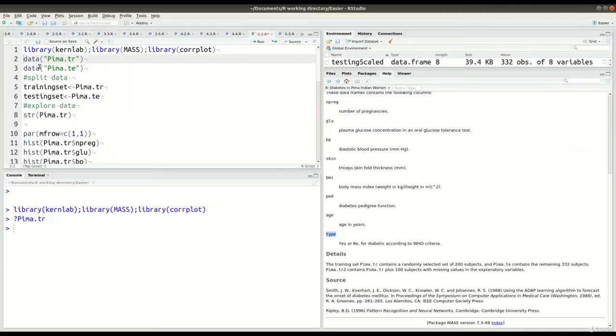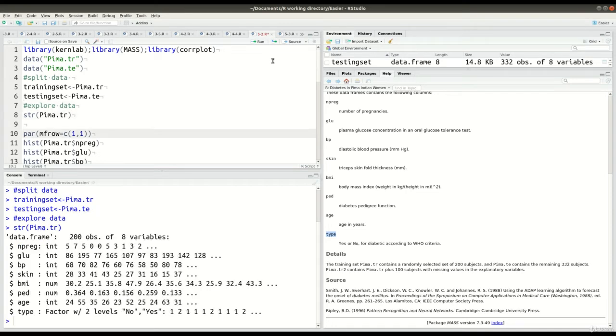All right, so that's explaining what's happening in lines 2 and 3. Now, all we're going to do is take our Pima.tr and put it inside a data set called training set, and our test set inside something called testing set. Because we've been doing that for several videos, and I just want to be consistent, and that's the main reason. Now, you can look at the data if you want, and you can see this is the same stuff I just told you about in line 8 of the code. You don't need this line right here. I forgot to delete this, excuse me. So in line 10,